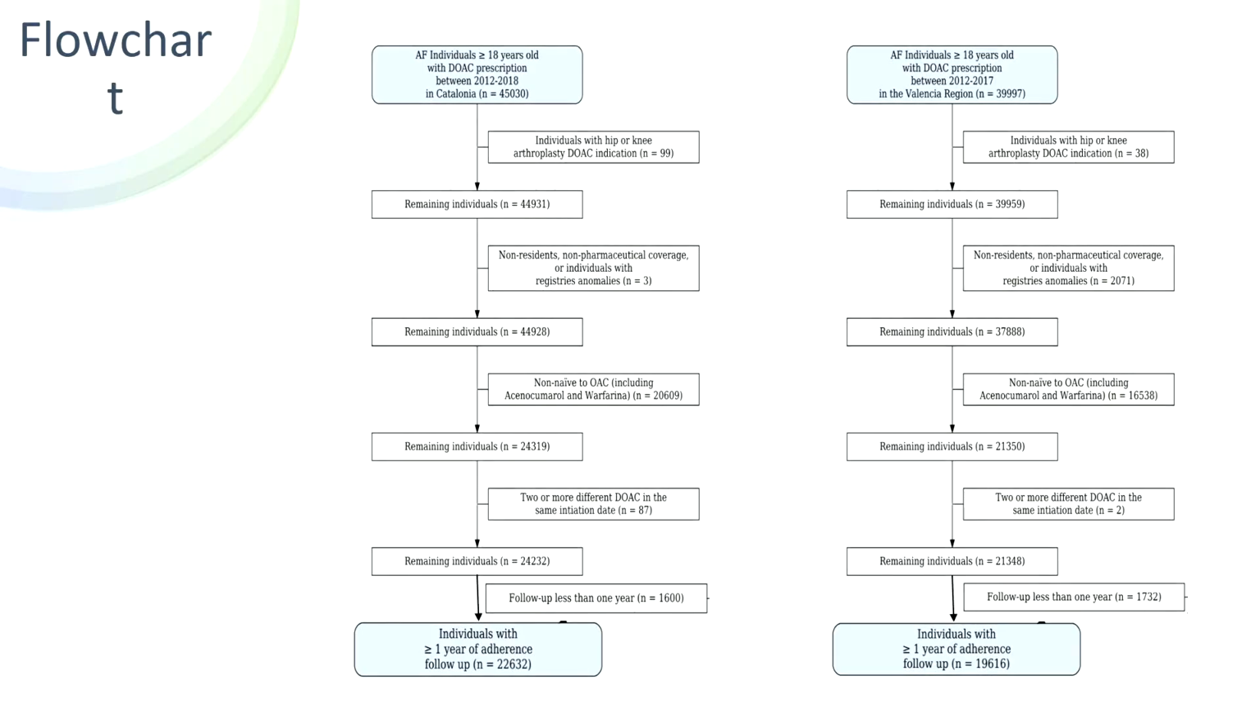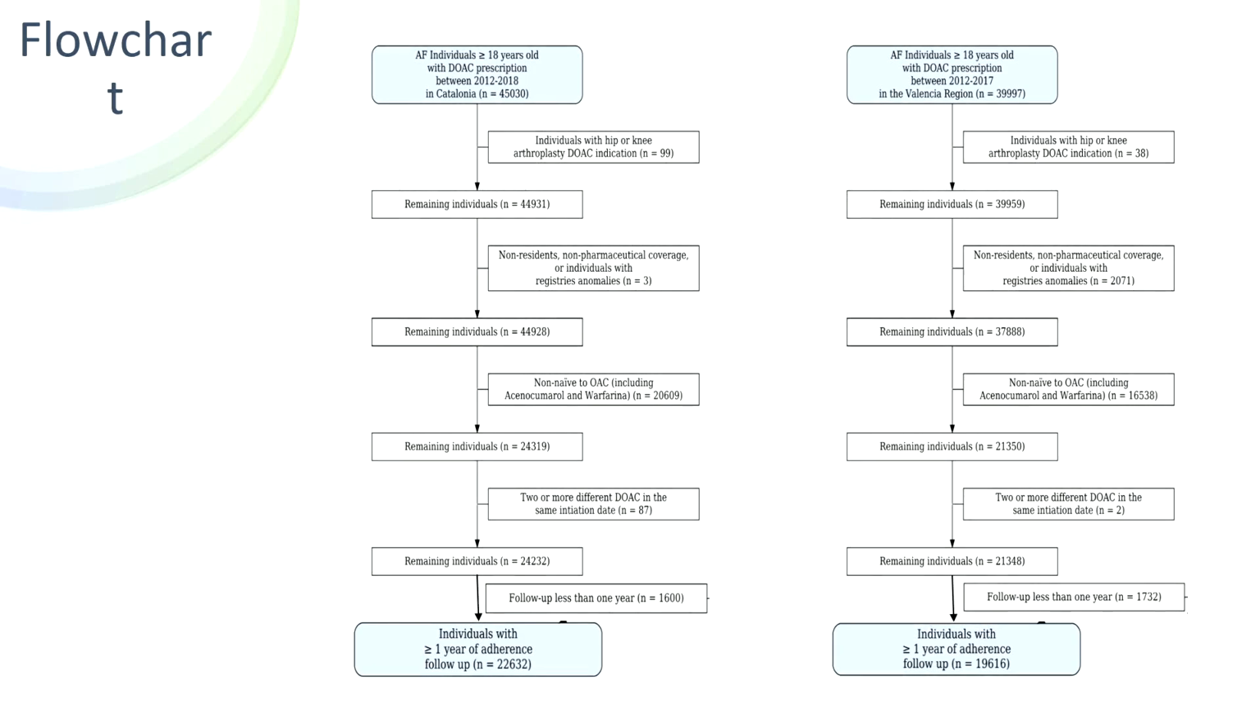The flow chart of the selection of the study population in the two cohorts, Catalonia and Valencia, is shown on this slide. We included adult patients with a diagnosis of atrial fibrillation or atrial flutter who started treatment with DOACs, dabigatran, apixaban, edoxaban, or rivaroxaban for the prevention of thromboembolic events during the recruitment period. In each population,